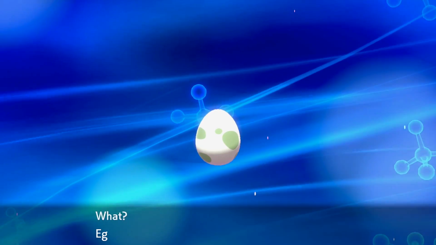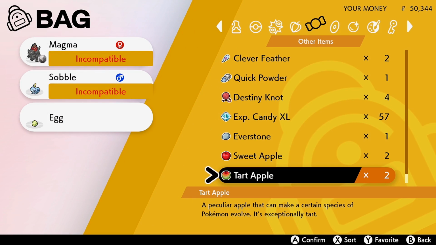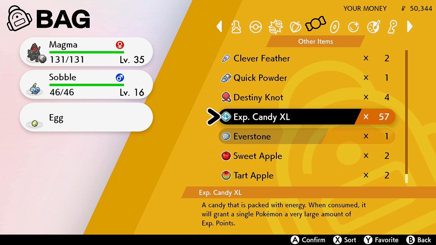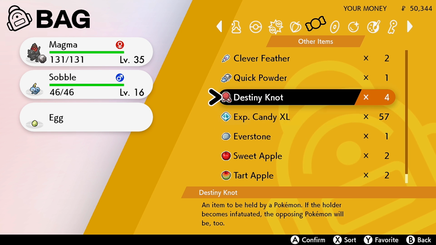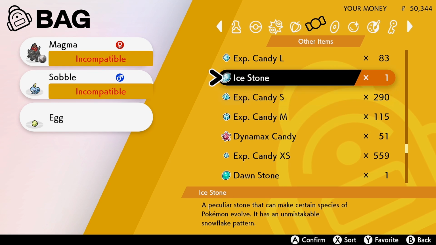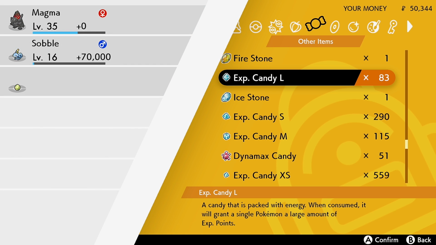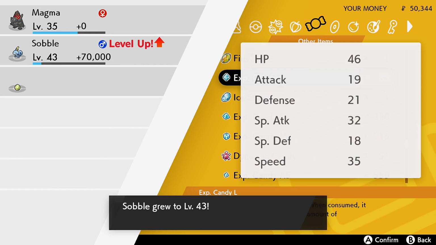So obviously the egg, as usual, is going to evolve, and it's going to evolve into an egg, also known as Drizzile. I guess there are two different ways of saying egg. And just for simplicity, I'm going to evolve it again, because I want to see how this works entirely, and get the full effect and evolve into an Inteleon. So I'm going to try not to evolve it with an XP candy, because